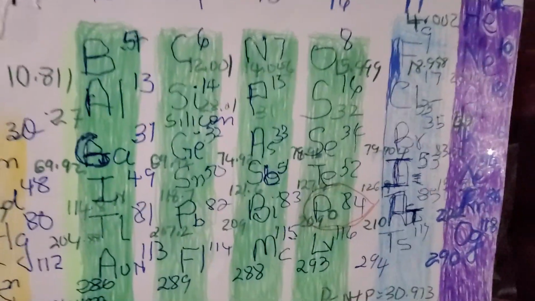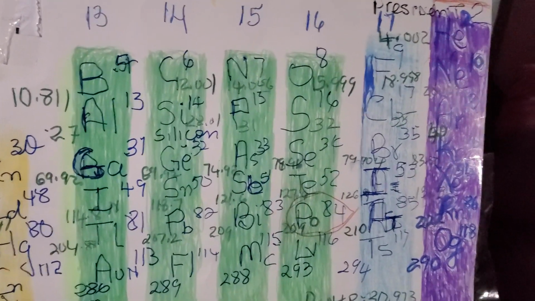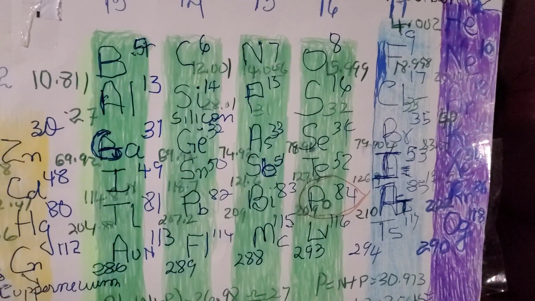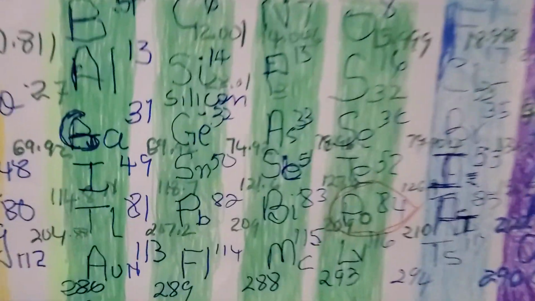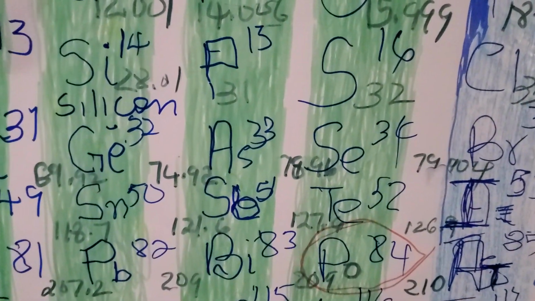Let's just look at sulfur rather. I keep interchanging phosphorus and sulfur. We're going to look at sulfur, which is the next one across from phosphorus on the periodic table, with atomic number 16